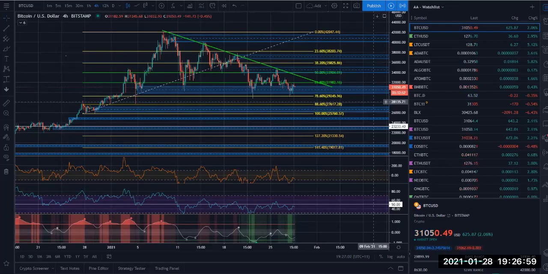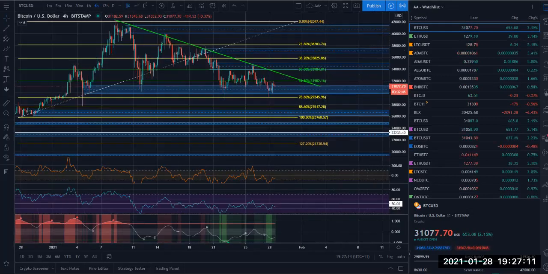So think about this from a long-term perspective, investor mindset, trader mindset. What are you doing short-term? What are you doing long-term? How are you seeing BTC in the next week? How are you seeing BTC in the next month, the next 6 months and the next year? So that's my thought at the moment.